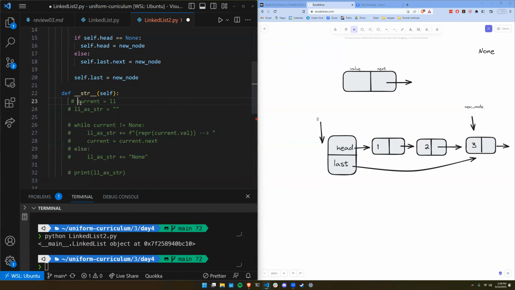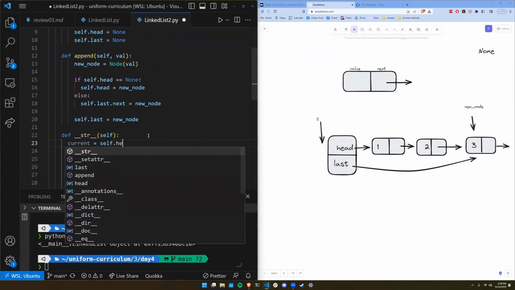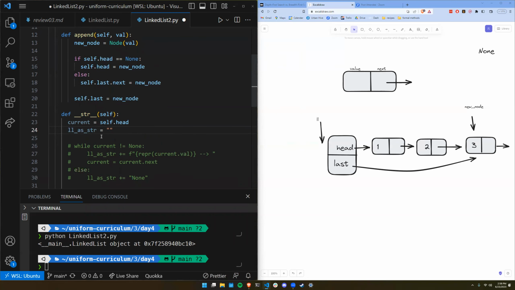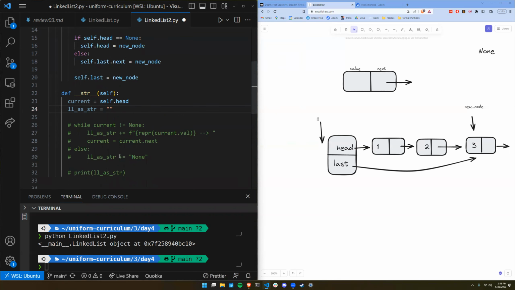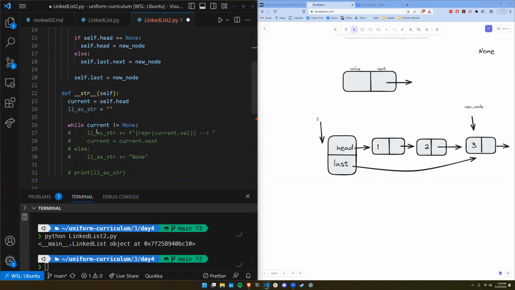So yeah, first we have current, which is going to keep track of what we're looking at. But I don't want current to point to the linked list. That's not a thing. So I point it to self.head because that's the beginning of the list. And similarly, I'm going to keep track of this string that I build up. So I'll call it linked list as string. And then I'll say while current does not equal none, because if current equals self.head, initially, it would just equal none. But I'll say while it doesn't equal none,